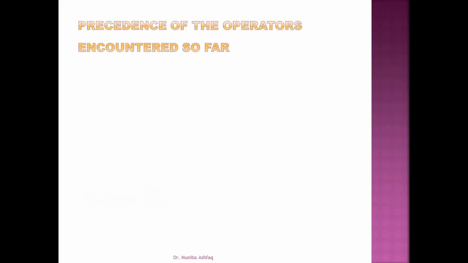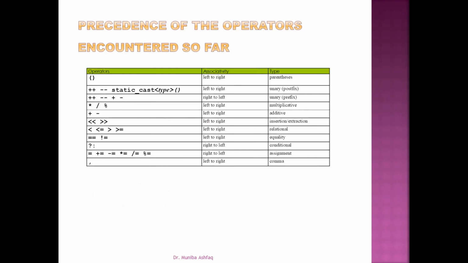At the end, we have the precedence of the operators that we covered so far. You can see that we have the parentheses, the plus plus and minus minus postfix unary operators, and the static_cast. All these come within the same level, and if these are encountered within a single expression, then you have to go from left to right and solve each and every operator that you encounter in your way. And then come plus plus, minus minus, plus, minus, the prefix